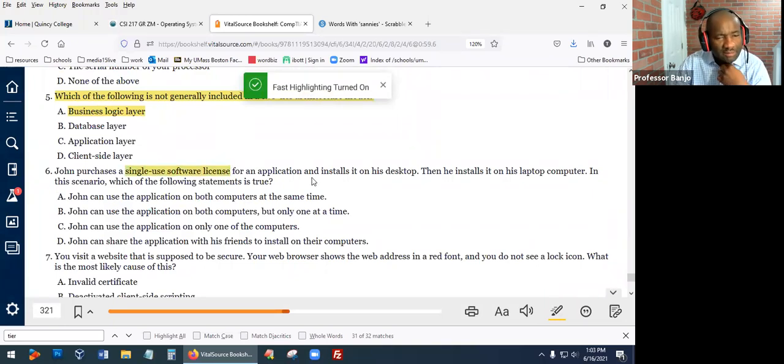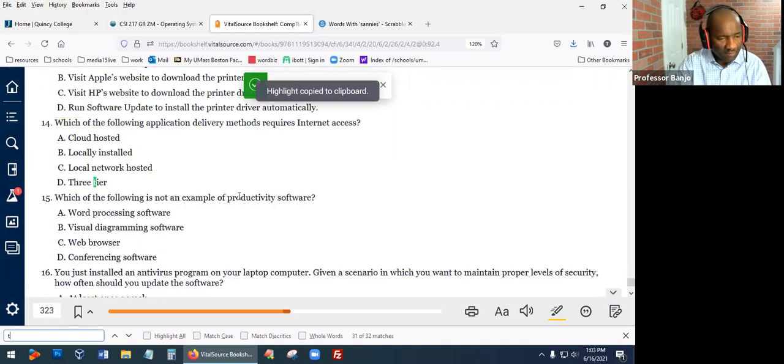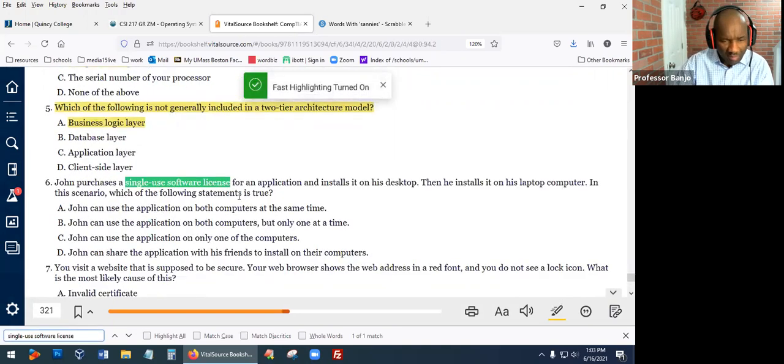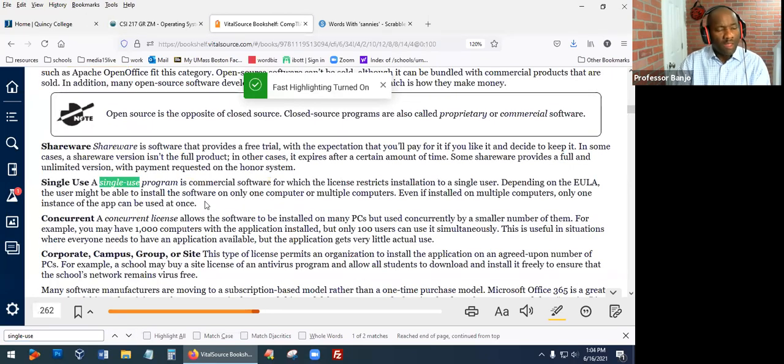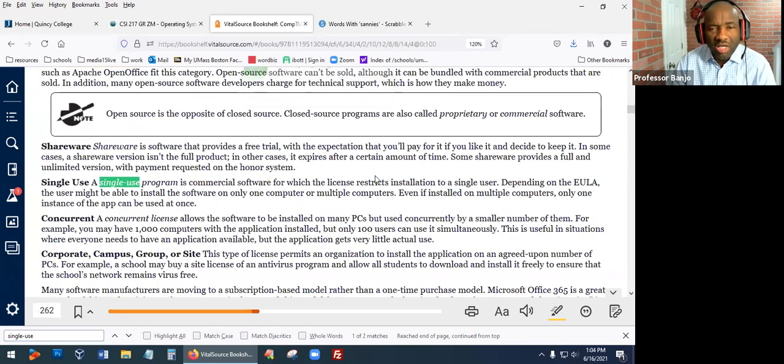Single-use software license. Let's see what that is. All right. Single-use software license. Single-use. All right. Okay, so when we talk about